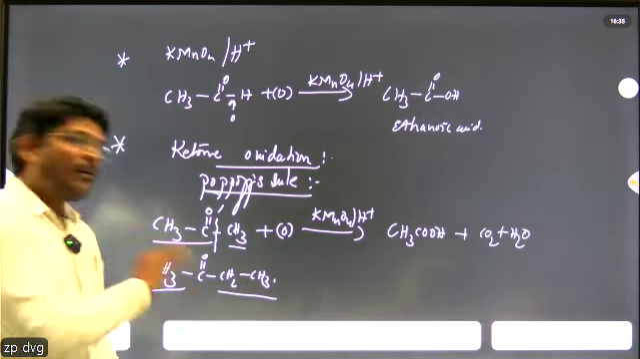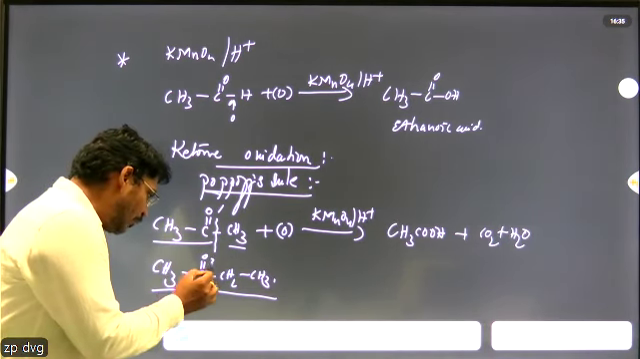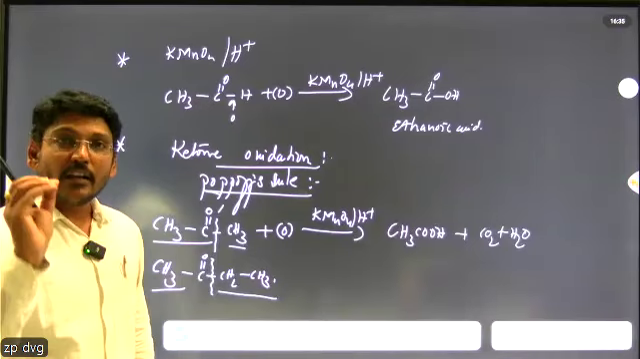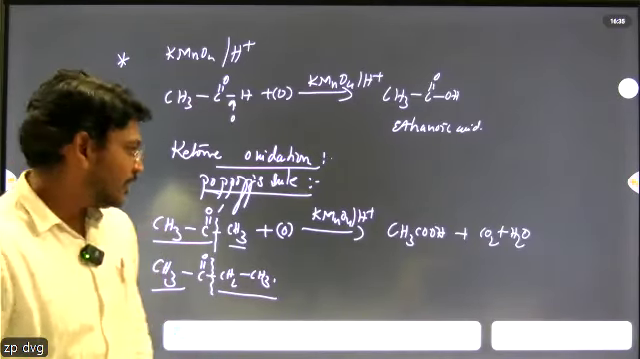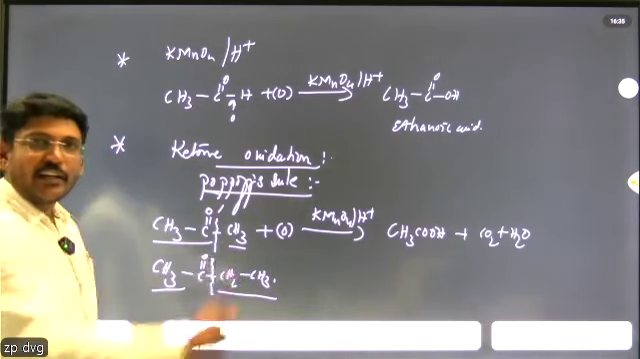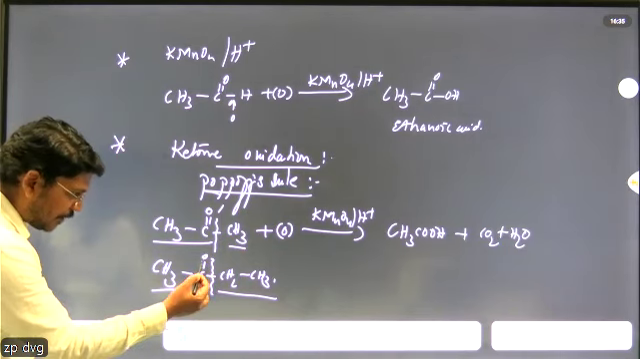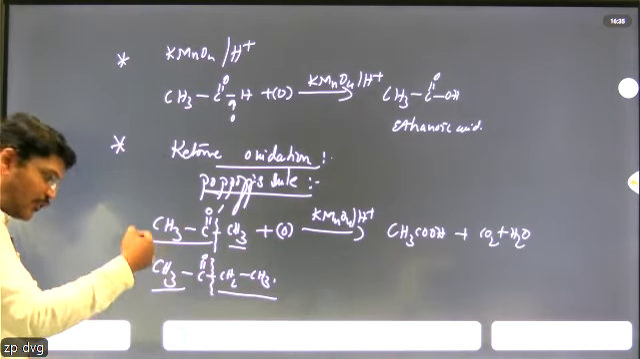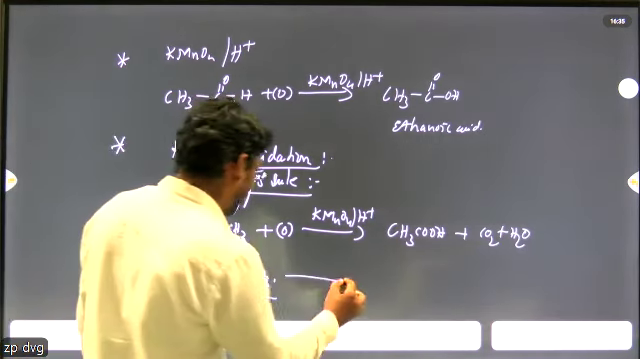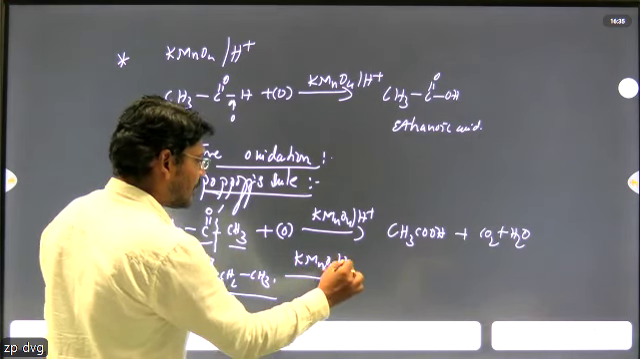So according to Popov rule, the ketonic group will stay on the side that contains fewer carbon atoms. That is considered Popov rule. Here one side contains fewer carbon atoms and the other a maximum number of carbon atoms, so the breaking will take place here. The ketonic group will be present on the side with fewer carbon atoms. Then the final answer would be, in the presence of KMnO4 and H plus,